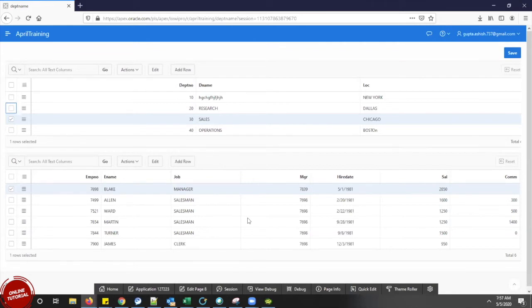For that scenario, we have to build a custom parent and child relationship form. We cannot use the inbuilt functionality, because the inbuilt parent and child functionality supports only one parent and one child.